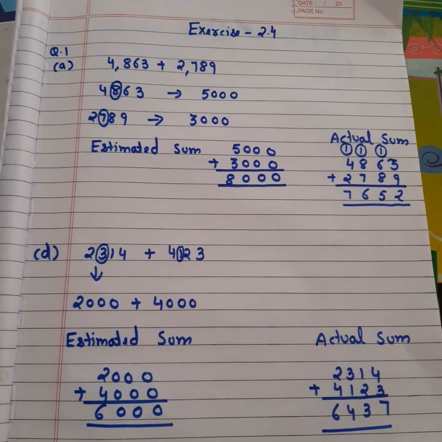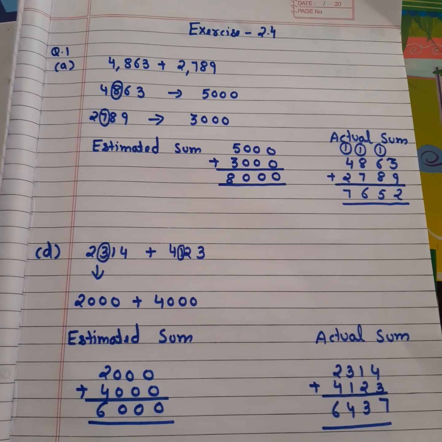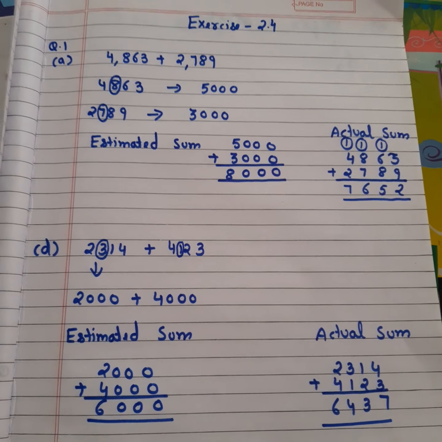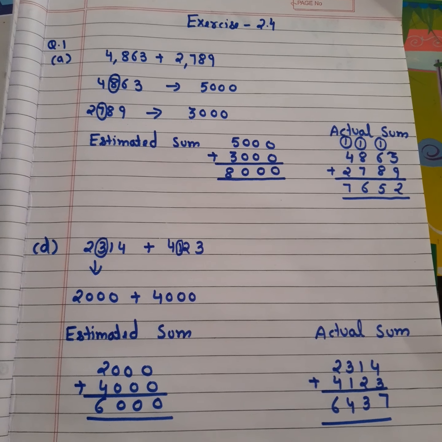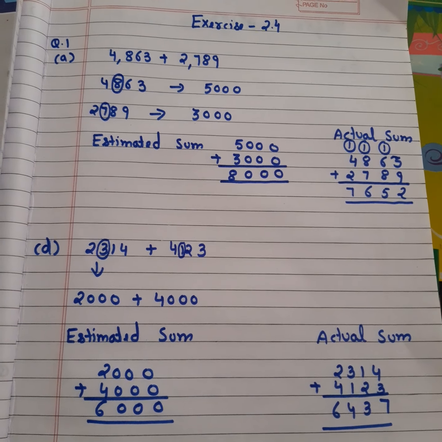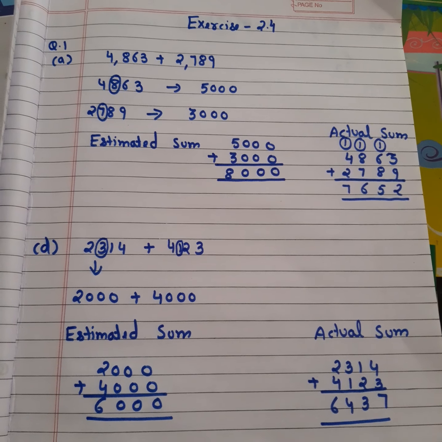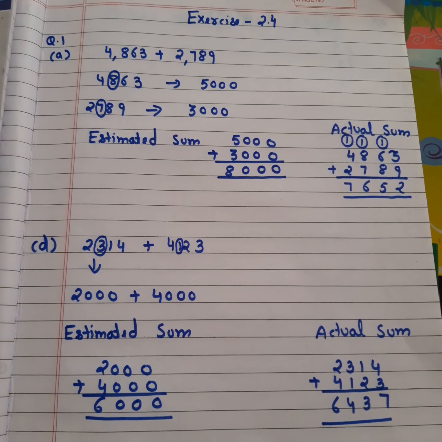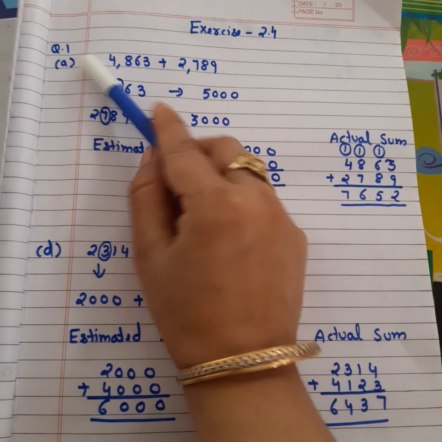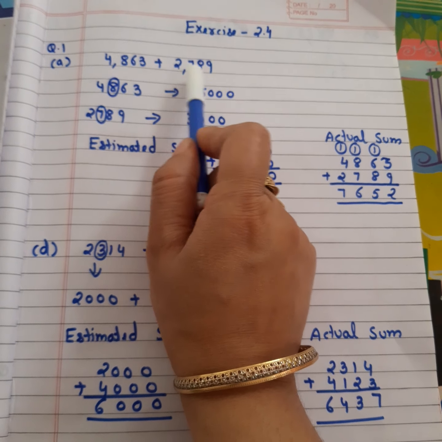Now move towards your next exercise, exercise 2.4, which is based on calculation of the estimated sum and the actual sum. Estimated sum is nothing, it is just rounding of the numbers, and we have already studied the rounding of numbers in our previous exercises. Okay, so let's begin. Question number 1, part A: we are given two numbers